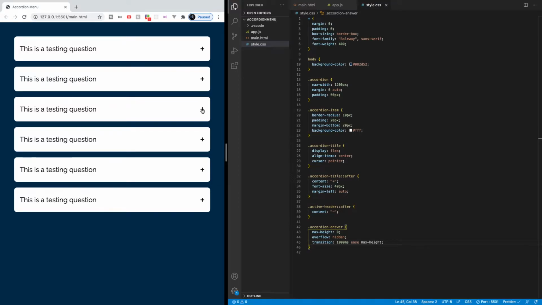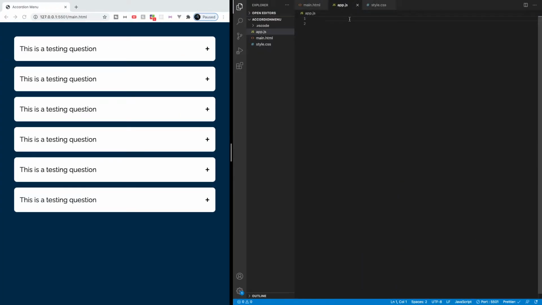So let's head over to our app.js and start hooking up the JavaScript so that when we click on this, they expand and collapse. Okay, so to get started here, we're going to want to get a reference to each element that has the class of accordion-title. To do that, we're going to create a variable here in our app.js named accordionTitles, and we're going to set this equal to document.querySelectorAll. What this is going to do is get all references of the class or ID that we passed, but in this case we're going to be using class,